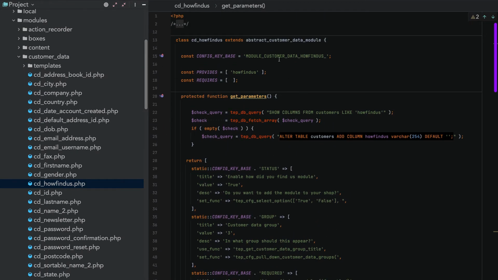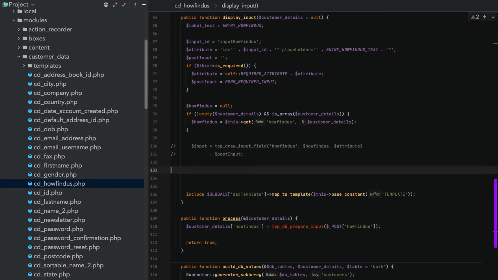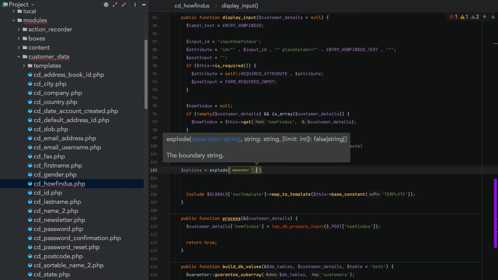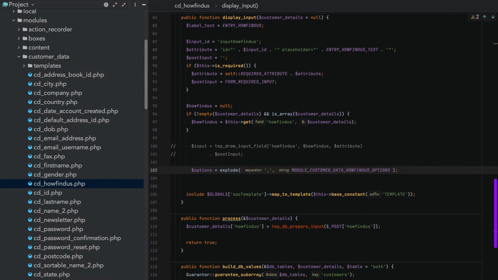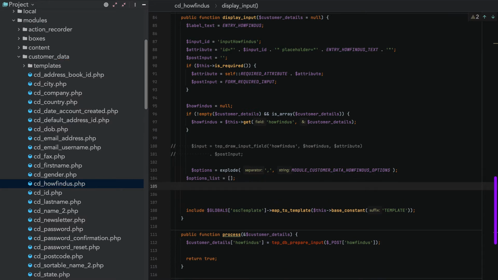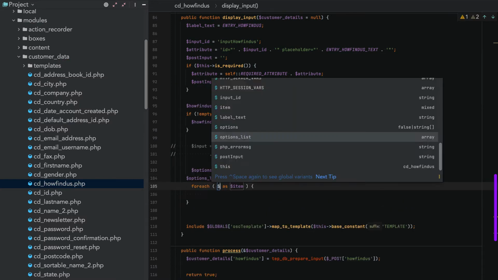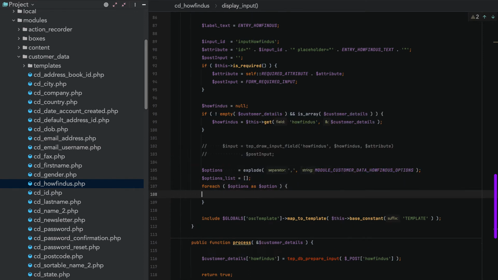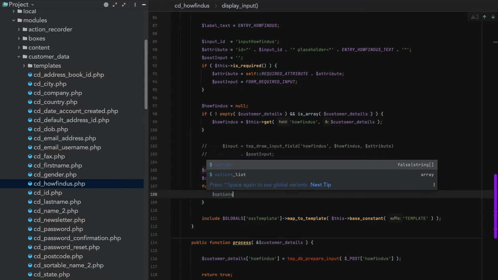Now if you remember, the options variable is going to be prepended by that. So we now have a constant that we can use down here. So if I say options equals explode, and we're going to separate by a comma, and we're going to pull it from that variable, options now becomes an array of each of those values. So then we're going to say options_list equals array, and then we're going to say for each options, and we will add to the options_list,